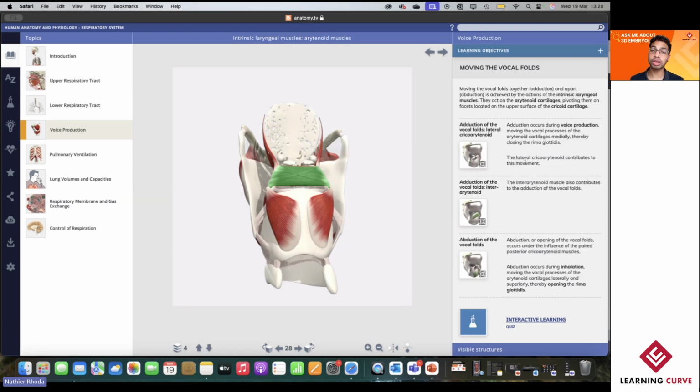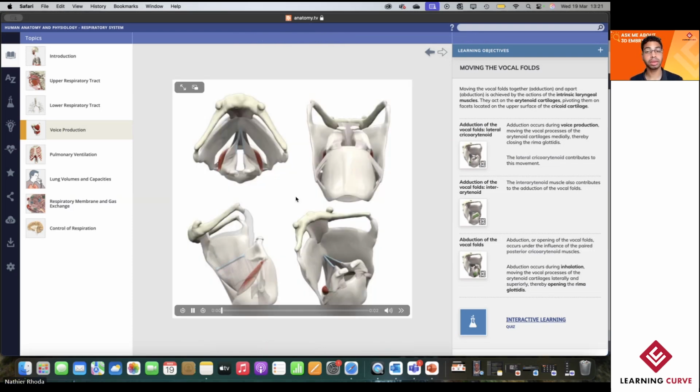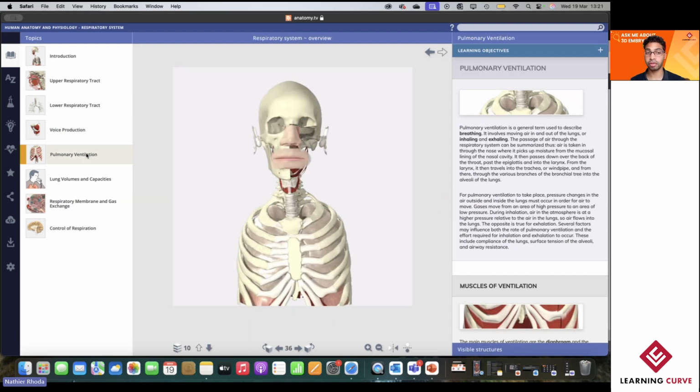I can then also use those functional animations, and all of these can be downloaded and then inserted into a PowerPoint presentation. Moving back to the original focus or topic, whereby we want to explore some of the content associated with the cardiovascular system as well as the pulmonary system. We'll jump over into pulmonary ventilation, followed by the respiratory membrane and gaseous exchange. Now, using